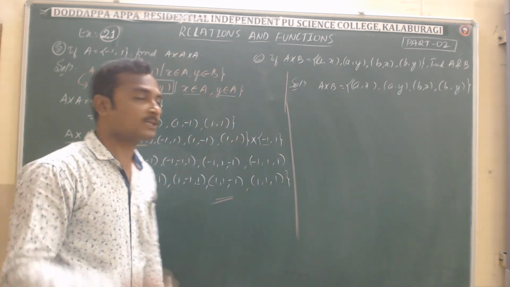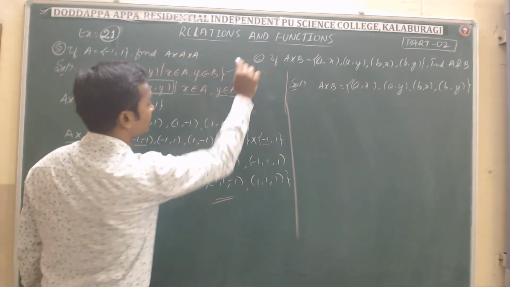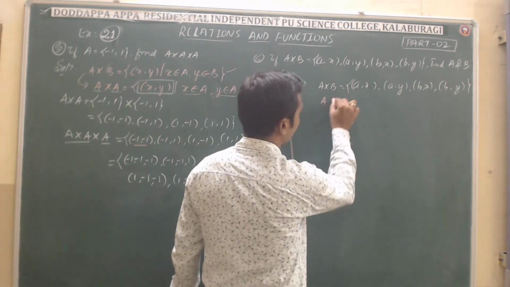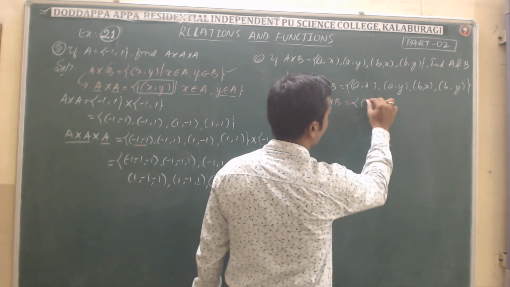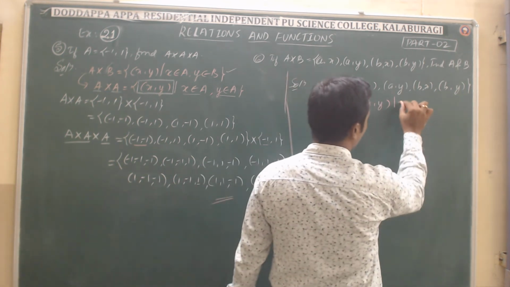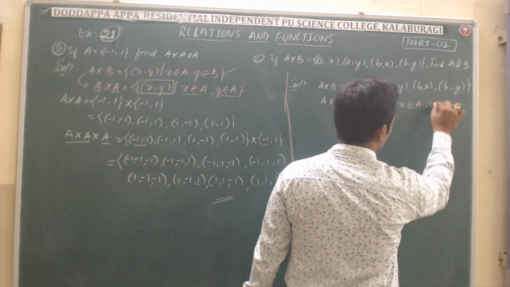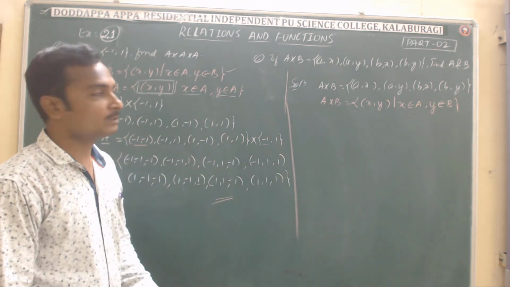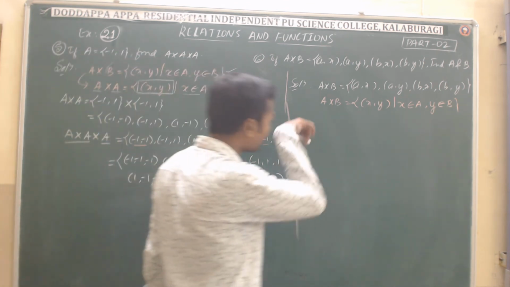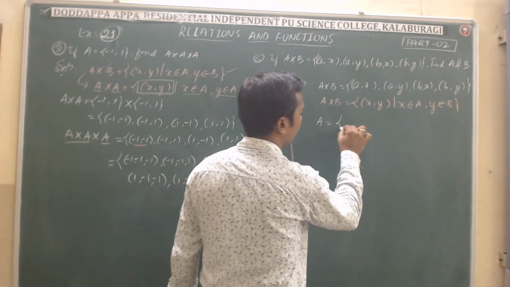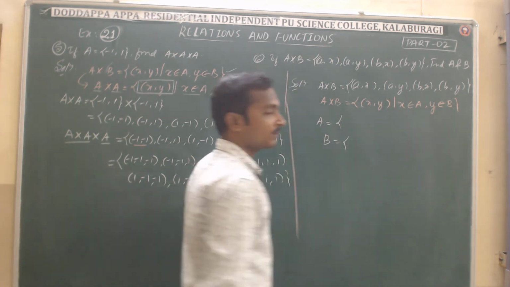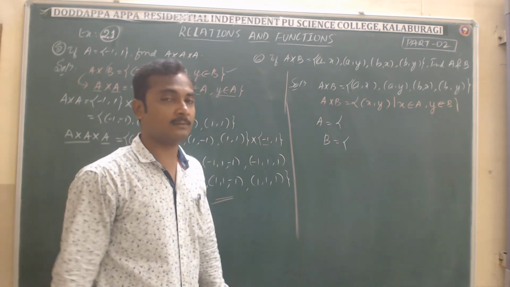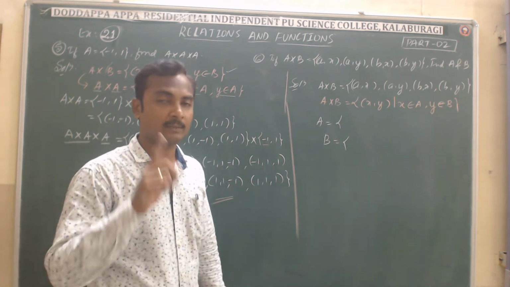So what is the definition? Let us write it again. According to the definition, the Cartesian product of any two sets contains ordered pair elements x comma y such that the first element belongs to the first set and the second element belongs to the second set. This is just in our knowledge. So let us use the same concept to find the elements of the set A as well as the elements of the set B. According to the definition, what are the first elements in each ordered pair? They belong to the first set. Very good.